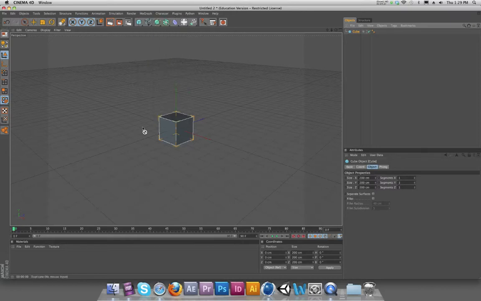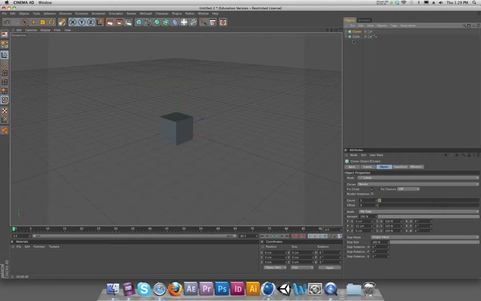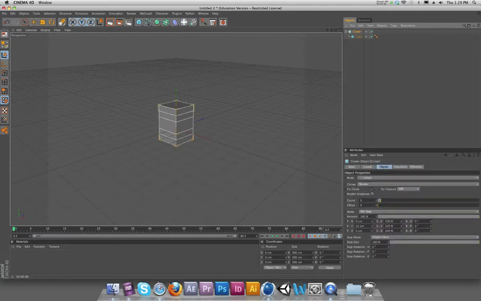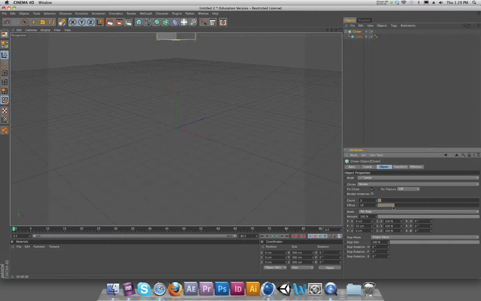And what you can do is, I'm just going to go to Mograph, and the basic concept of Mograph is that typically you're going to use what's called a cloner object. Okay, so I have a cloner object, a Mograph cloner object, and I have a cube element. And if I take this cube and I drop it inside the cloner object, you'll see that it gets cloned. Now, if I select the cloner object, I have all these parameters that I can modify my cloner object with, and there's a lot of things that we can do. It's very similar to duplicate in some ways,